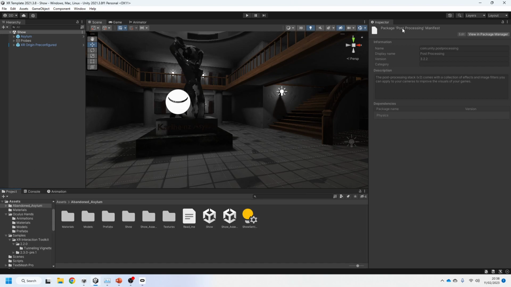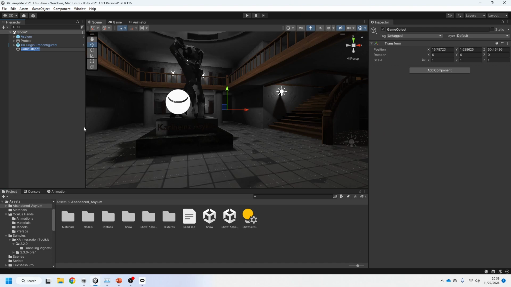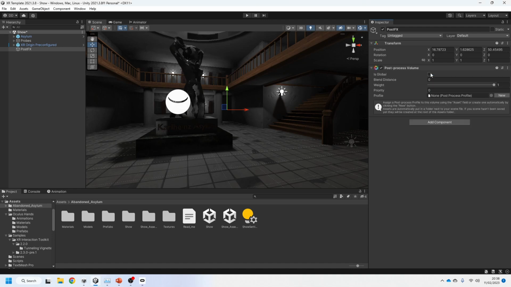The way you apply the post-processing stack is you create an empty game object which is going to monitor all of your post-processing. I'm going to call this post-FX, post-processing effects. The component you add is called the post-processing volume. This is a series of rules that you can set up for your post-processing, and if you want different areas to have different effects on your camera, you can do that. You can apply a collider,